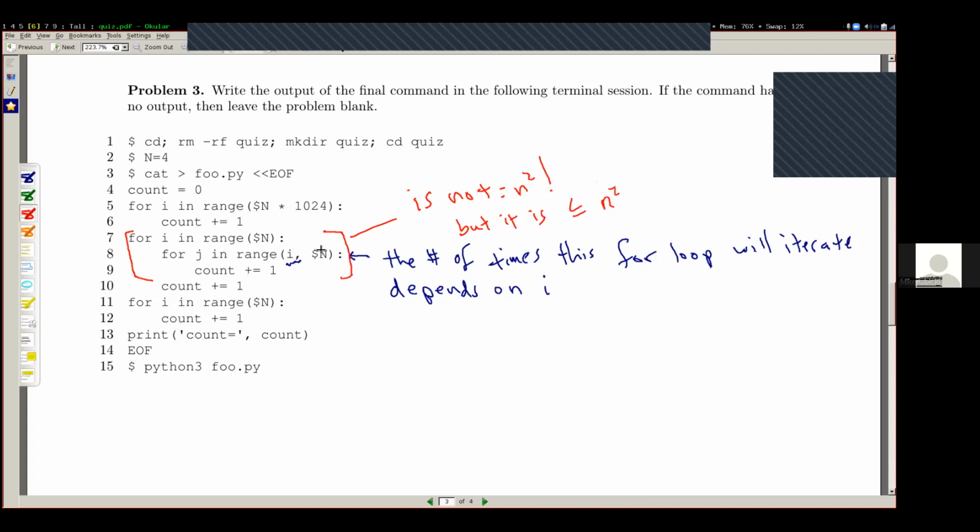So here, line 9 is not going to run exactly n squared times because of this i on line 8, but the number of times it will run is guaranteed to be less than or equal to n squared. It's guaranteed because this i is only removing some of the values that we would run through otherwise and not adding anything else. So when I write out my formula, my f value,